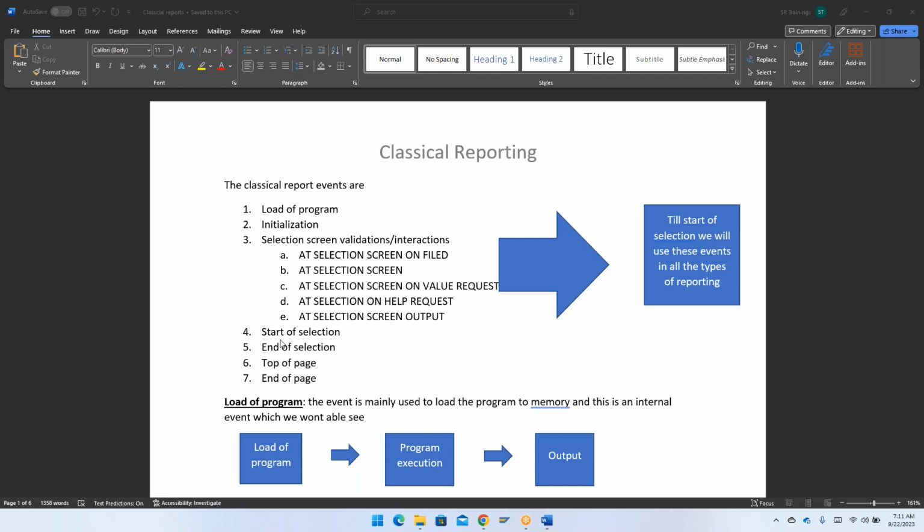Till start of selection, whatever events we have, these will be the same in all types of reports. Across all types of reports, whether you are using interactive reporting, or ALV reporting, or container reports, or the simplified ALV report, or